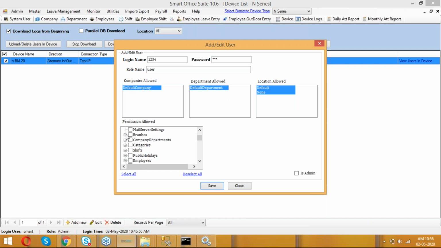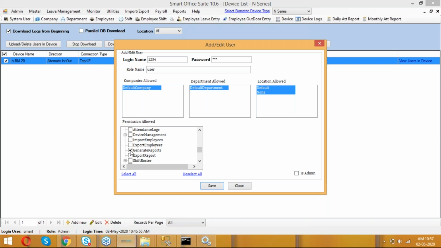Extend this plus mark and you'll get the permissions that user should be able to access. If you want to give only the basics, like adding employees, then give that. If you want to give generate report, you have that option also. Click on generate report, so that user can access only generate report.